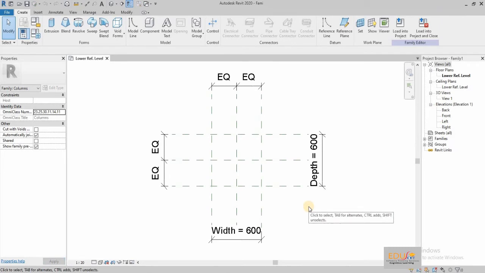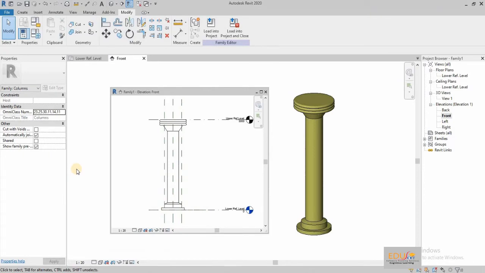Here I will show a pillar that we are going to draw. This pillar is created by using the Revolve tool. Revolve is a form that you create by revolving a shape around an axis. You can revolve the shape in a circle or any fraction of a circle. For showing the Revolve tool, we are opening an elevation view.